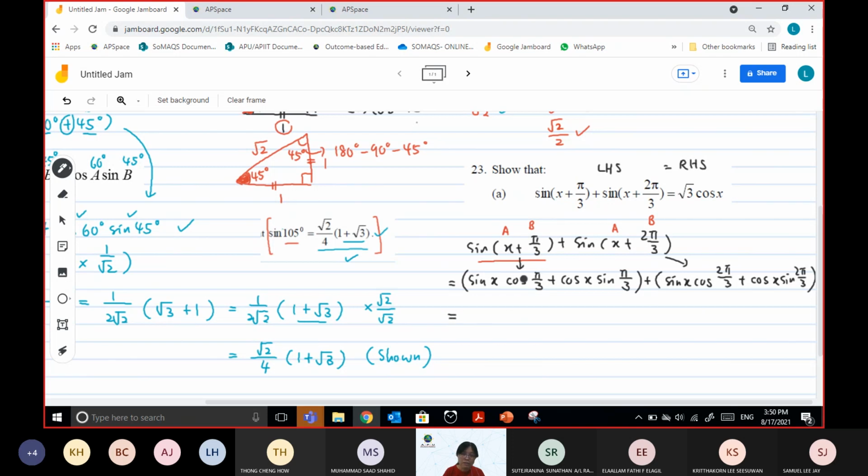Now let's evaluate the values. For cos pi over 3, you can try to use your calculator. So pi over 3 is 180 over 3, so it's actually cos